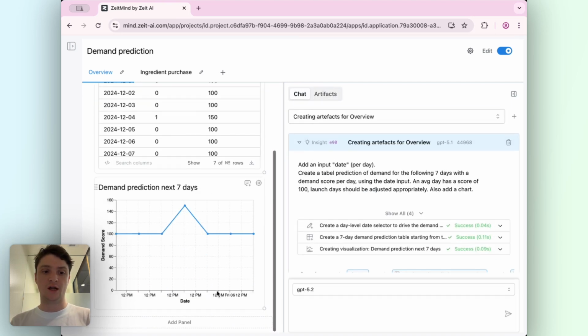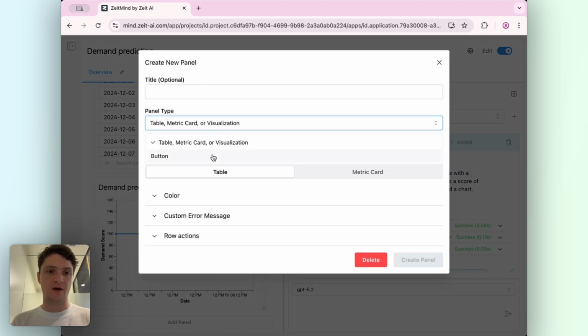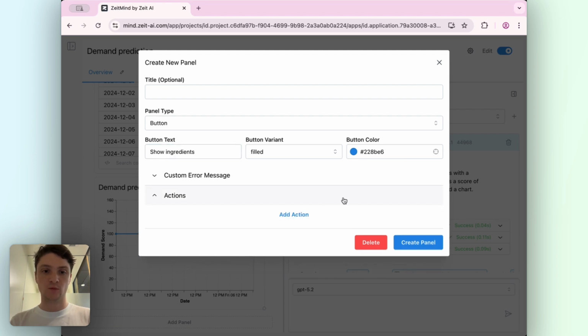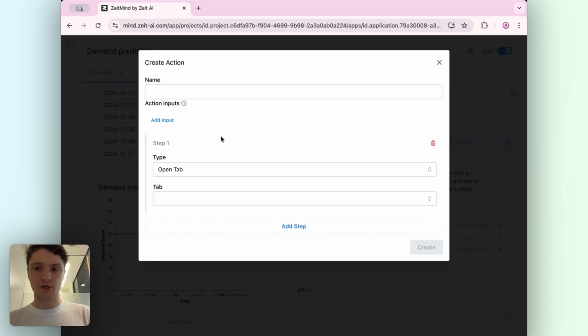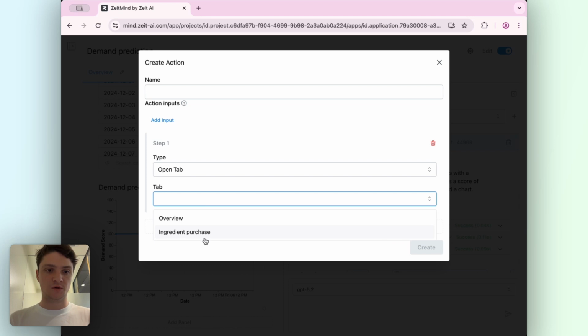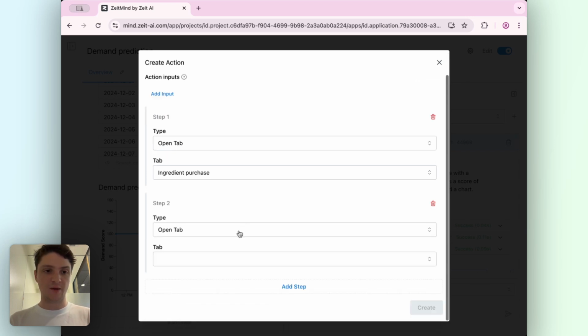And what that will now allow us to do is we will create a new panel called the button, and we will call the button show ingredients. And we will define actions here. So an action is just like function calling, basically. We can say when the button gets clicked, we want to open the ingredients purchase tab, and we want to